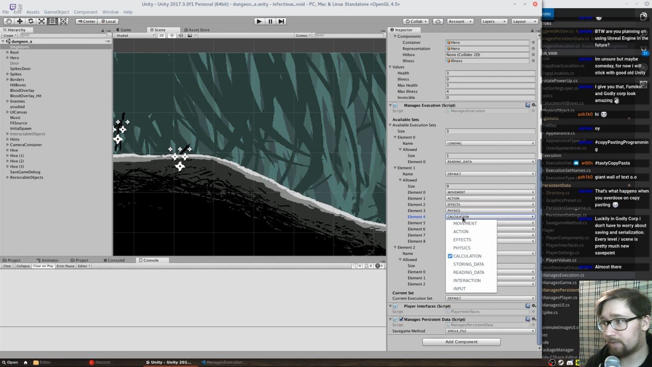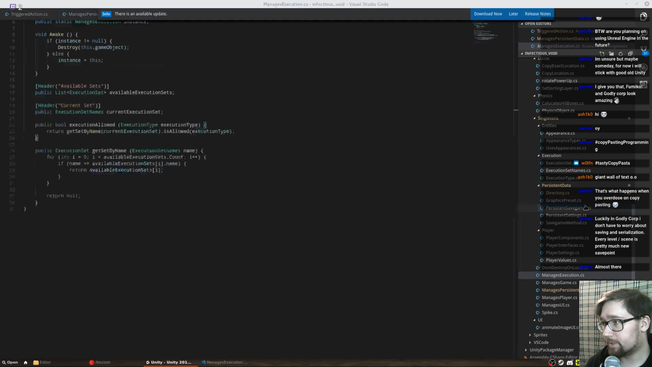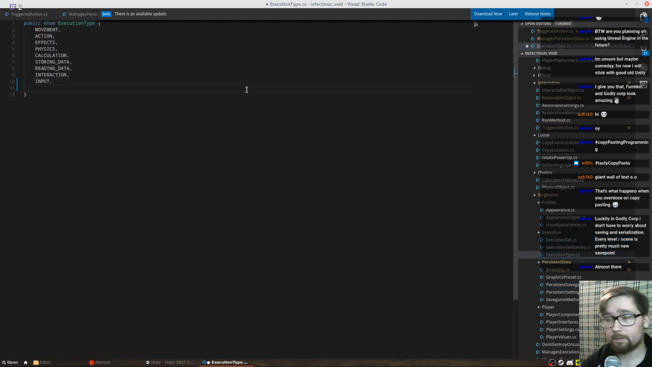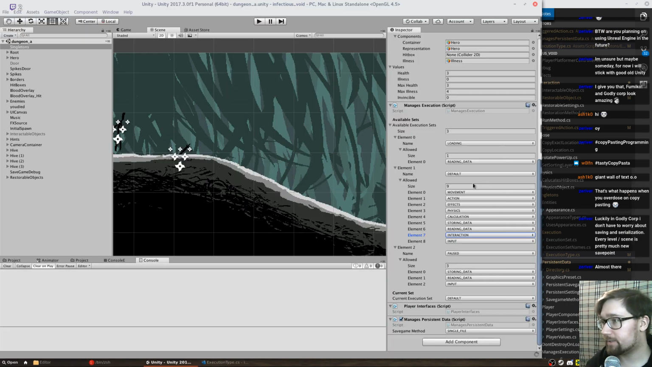And if it's default I can do all these things. I might want to have these things in calculation or interaction, or I will just add a new one. Initialization. I hope this is the correct use of that word. And if initialization is allowed,